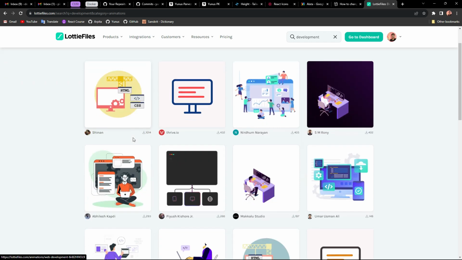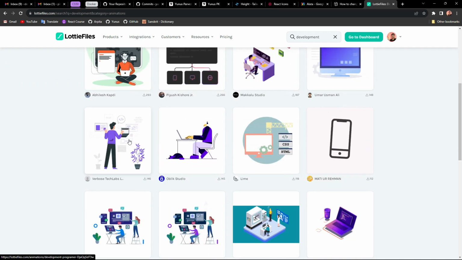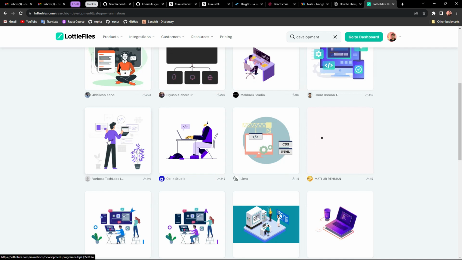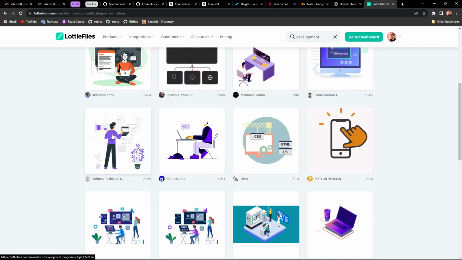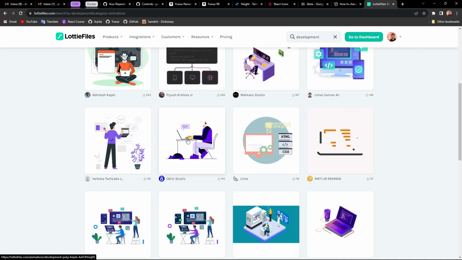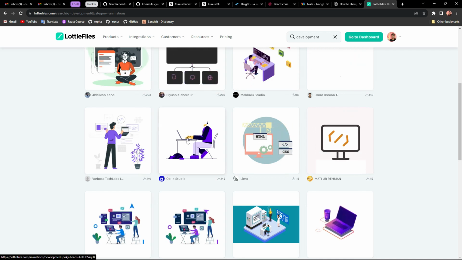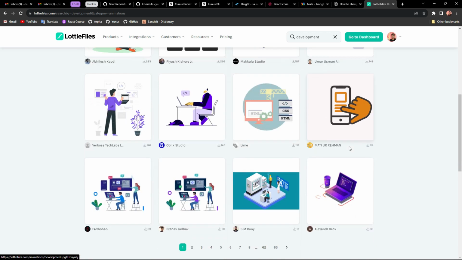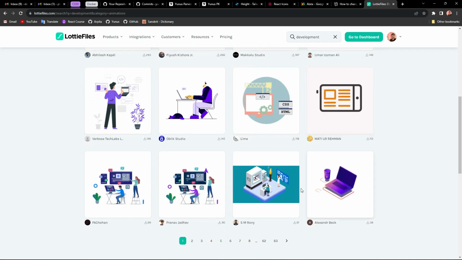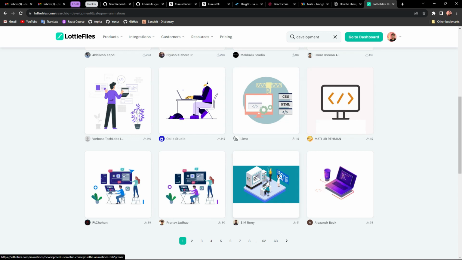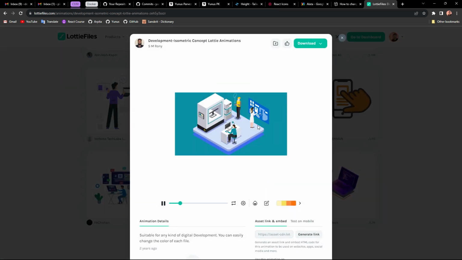Come on, this is React.js, not HTML. This is good. This is really good. This is also really good. This is also really good. Which one should we use? I think this one. If we can.